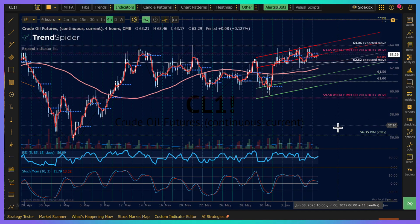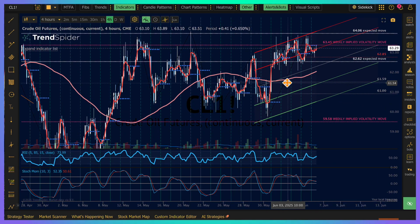Let's take a look at oil. Gosh. Allergy Alice over here. Okay, so oil, 4-hour chart showing very heavy congestion. Weekly implied vol move, it's breached it literally every single day, every day. Higher low, holding the highs. Today, the new implied vol move based on the day, $64.10. Below us,